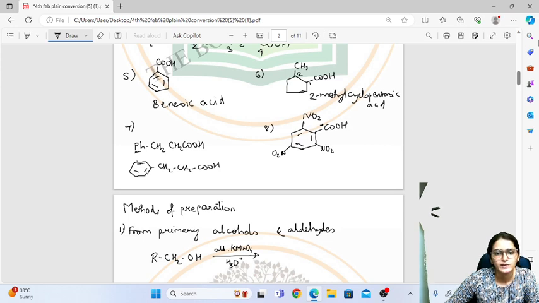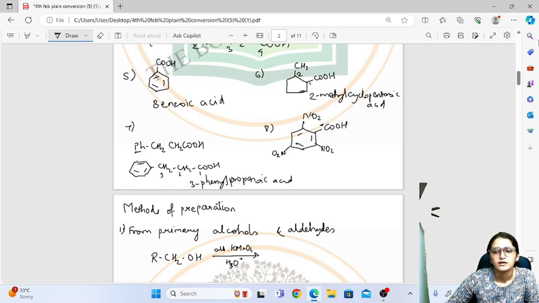Okay, so this will act as a substituent phenyl group. So 1, 2, 3. In this main chain we have 3 carbons. Now why this is considered as a main chain? Because our main group, that is a carboxyl group, is present in this aliphatic chain. Okay, and at third carbon we have this phenyl group. So the name will become 3-phenyl. 3 carbons are there, so propanoic acid.